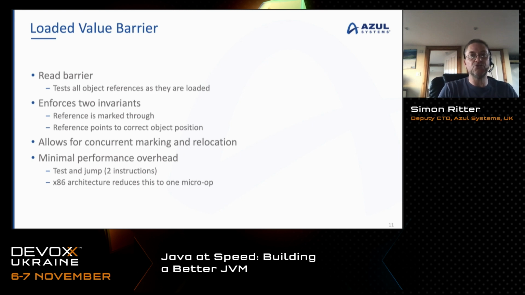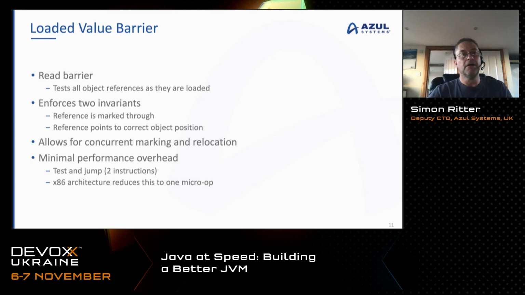on the references to objects, depending on what the phase is that we're in. So the first thing that we can enforce is that if we're in a marking phase, every object reference that you get will be marked as in use. So that way you don't get accidental garbage collection of an object because we missed it and so we didn't mark it and then it gets collected. Second thing is when you're in the relocation or remapping phases, then you will always get the right reference to where that object is so that you can make changes to it and they won't be lost. So you can do changes to an object even though it's being moved around in the heap completely